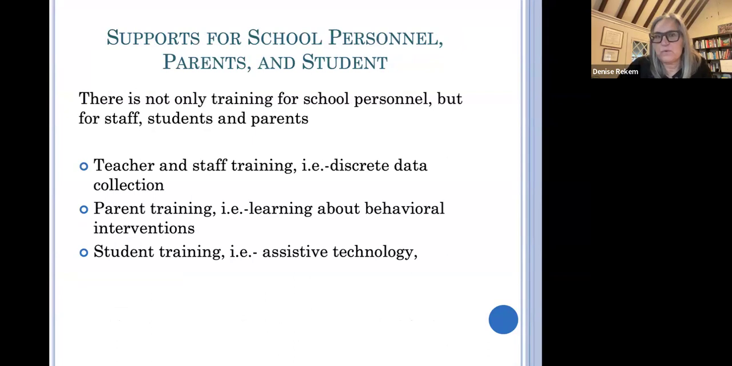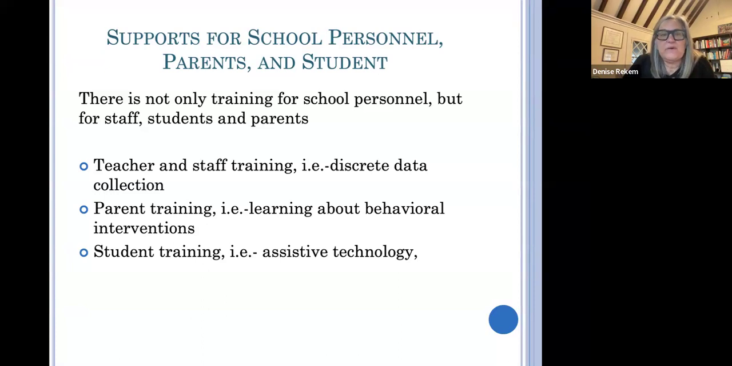In addition, it's important to look at the supports that are going to be provided, both for the school personnel, the parents, and the student, right? So the teacher training, like if the child has an aide in an autism class in district, and the aide is the one that's going to be taking the data, the aide needs to be trained in how to properly take the data, because the BCBA that's going to be looking at the data has to be able to rely on it